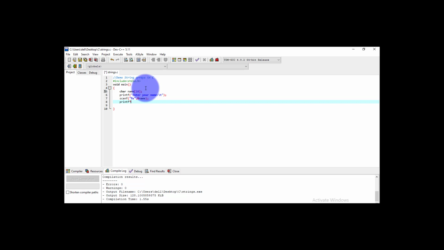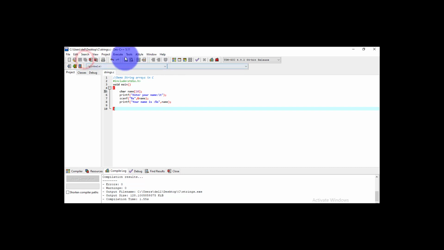For that we have to use the printf function, and here again the format is %s, comma, and here we have to give the name of the variable whose value we want to display. So here, with a small change, we can say your name is, and then here we go with the message.